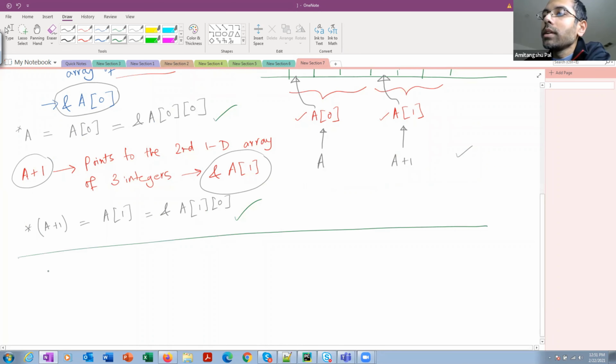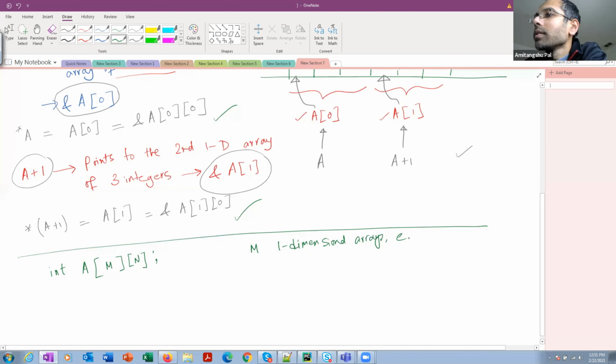So let's assume that you have an array A that consists of, say, m rows and n columns. Okay. So what did we learn? A is an array of m rows and n columns, which means it consists of m one-dimensional arrays, each consisting of n integers, right?